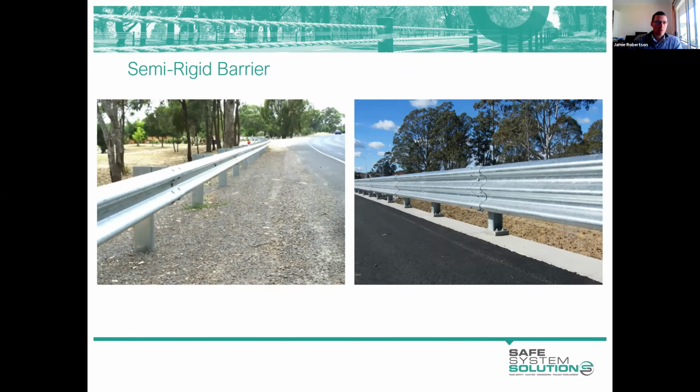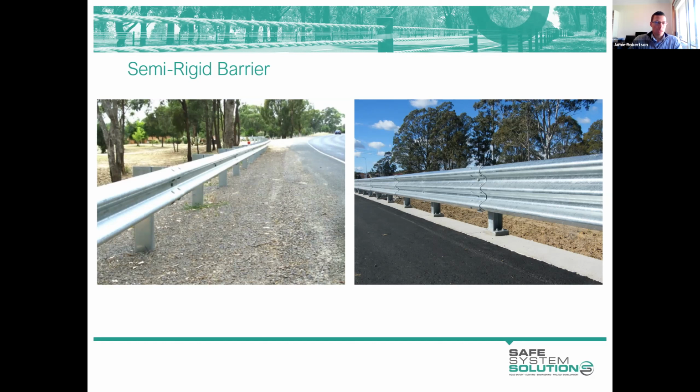Stepping down in terms of rigidity, we've got the semi-rigid category. So in the past, we've seen a lot of public domain semi-rigid barrier, your type B guard fence or G4 guard fence and the like, which are pictured on the left. On the right, we've got a tri-beam barrier, and there are a number of proprietary tri-beam systems available. They're a higher containment level barrier than your typical public domain guard fence, but they all fall into that semi-rigid